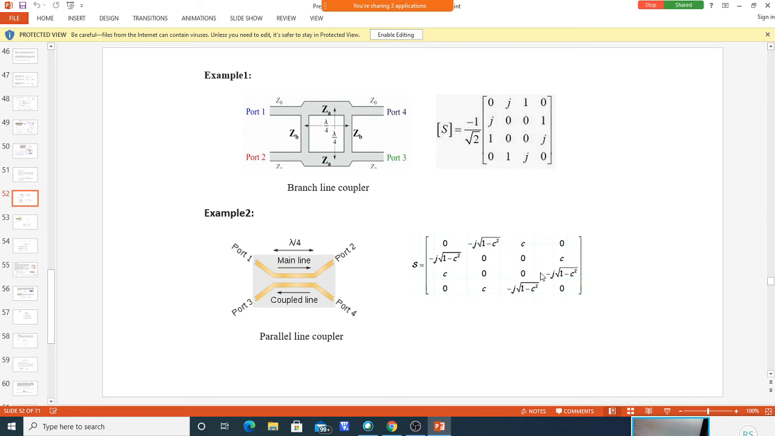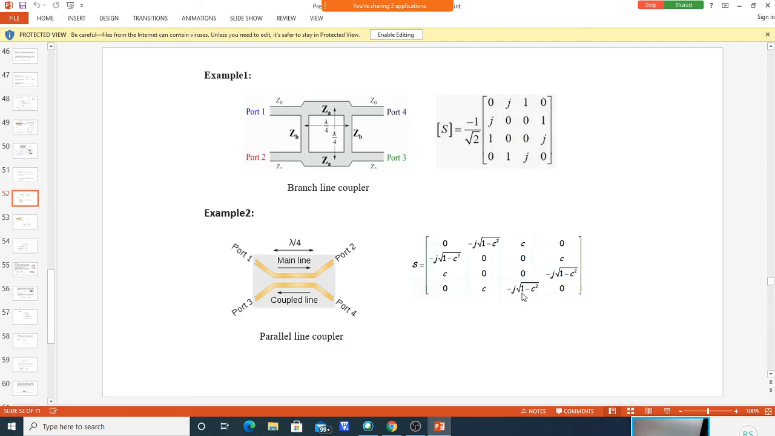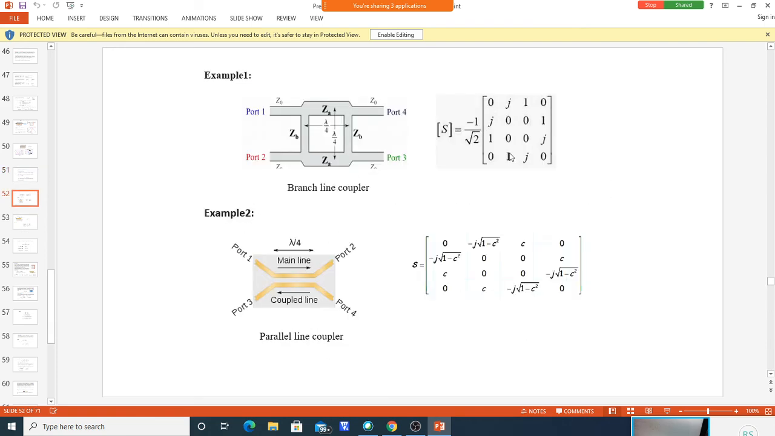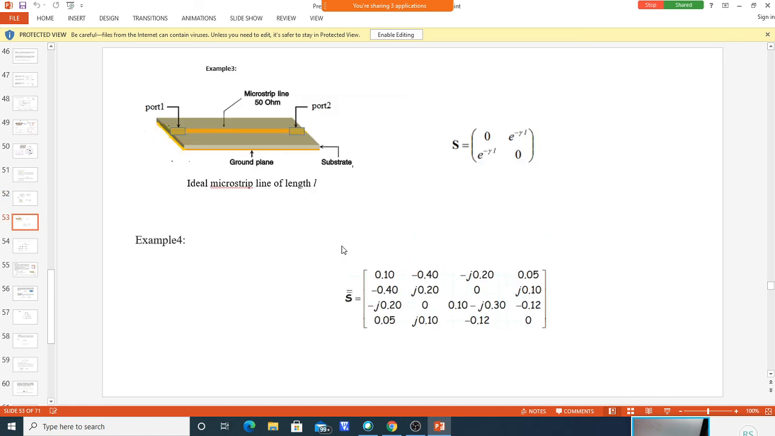Similarly, here also you can see this is equal to this, this is equal to this. So this is also a symmetric network. If they are not equal, then it is an asymmetric, not reciprocal, network. So by looking at an S matrix, we can say whether it is a reciprocal network or not. Okay, next, that is a property, reciprocal network. You can check whether it is reciprocal or not. Next one is